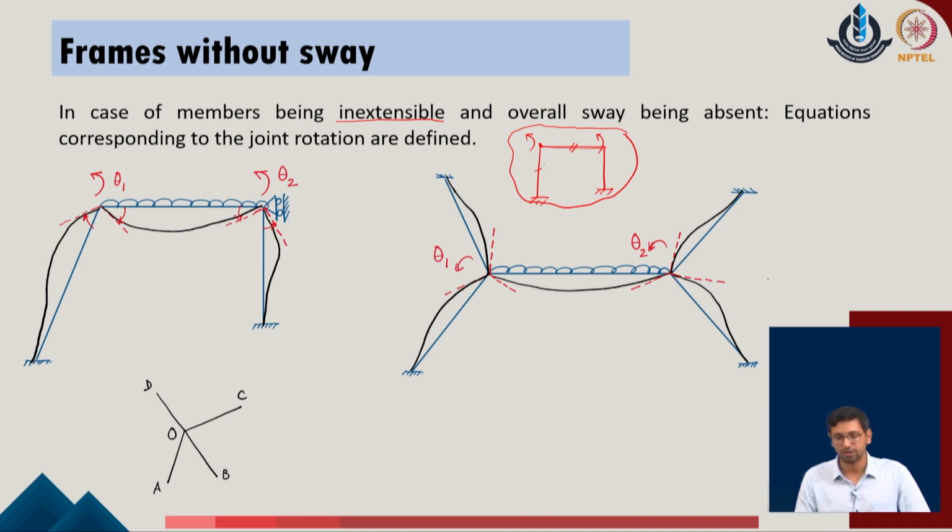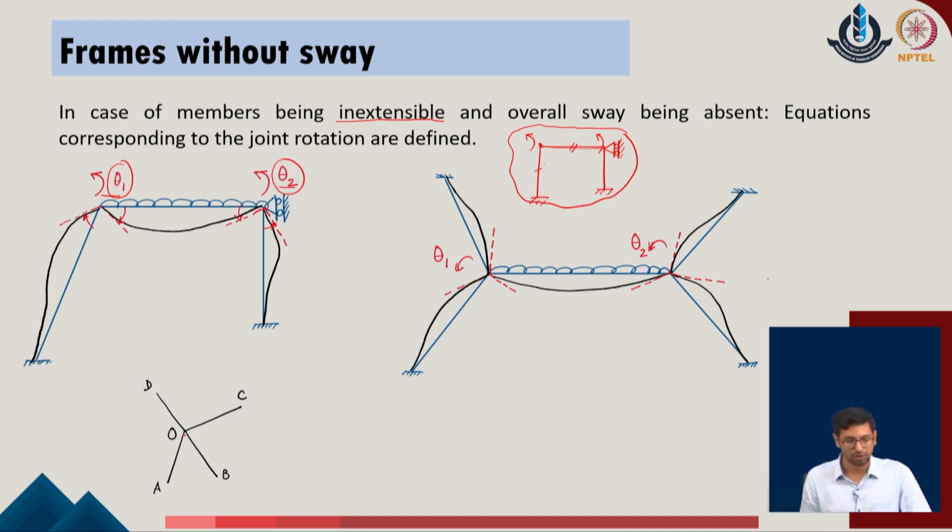In cases where we restrain the given system from any kind of movement, the sway value will be restrained, and that is what we have considered in these cases which have only the rotational components, but no sway allowed in the given problem. So, in all these problems where only the rotation components are provided, or the degrees of freedom of the system are only with respect to rotation, the evaluation of the equilibrium condition will be with respect to the moments.